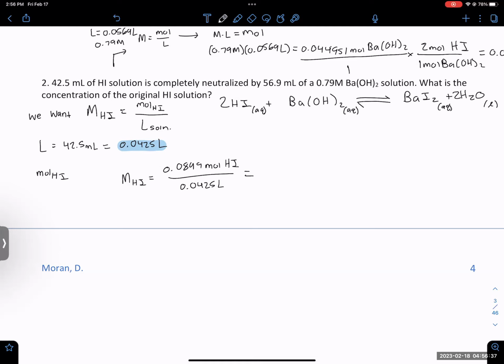I'm plugging this into an amazing handy dandy calculator and taking into consideration significant figures. It should be 2.1